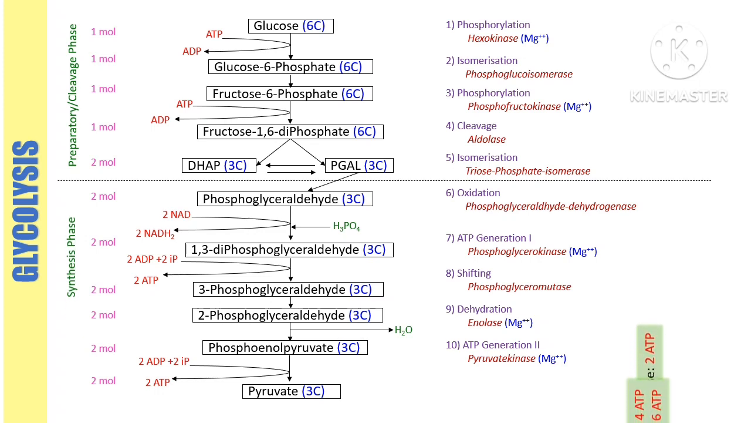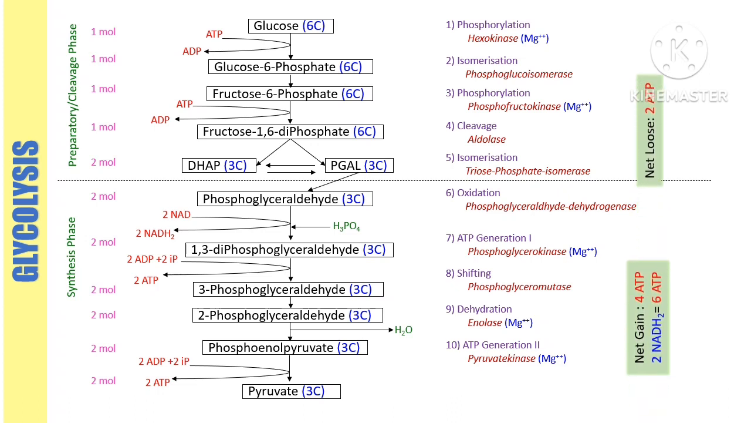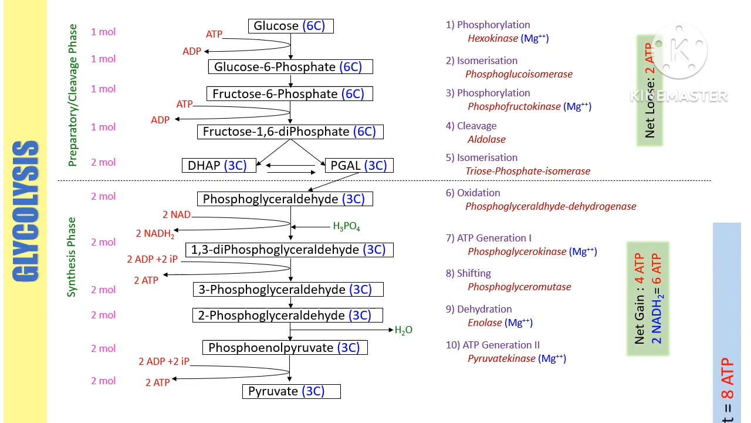We see here in the slide how much ATP is lost in the preparatory phase and how much we get in total: 6 and 4, 10 ATP we get. The loss of ATP is 2 ATP. That's why the net output or the final output of glycolysis